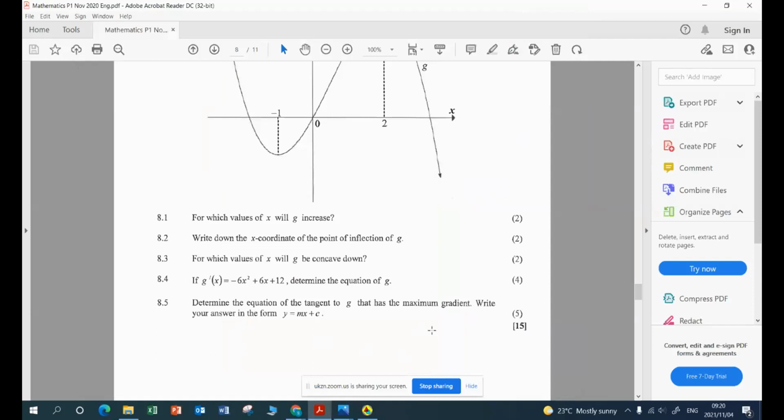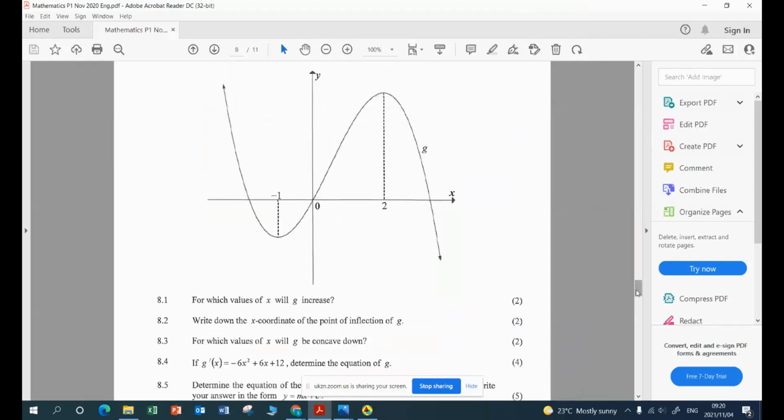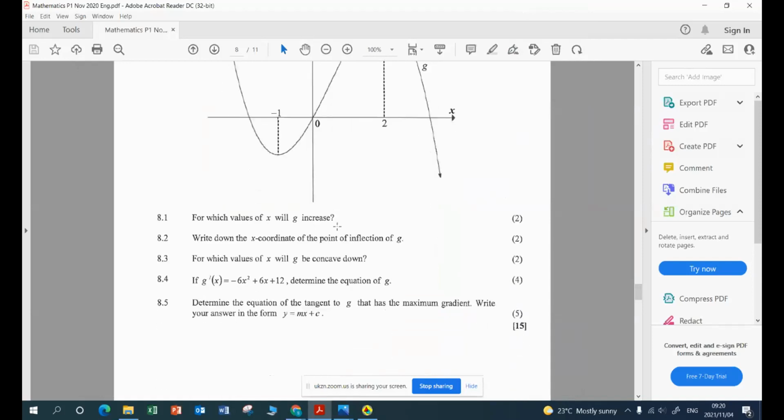Determine the equation of the tangent to G, to the curve, that has a maximum gradient. Right, we need to look at the graph again. We want to find the equation of the tangent to the curve at a particular point, but this point has a maximum gradient. Now, where is that point? It happens to be the point of inflection,